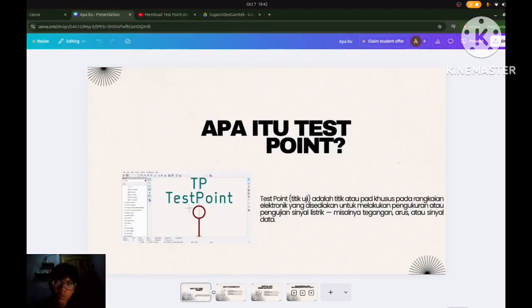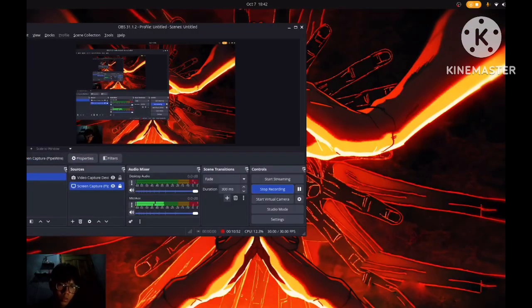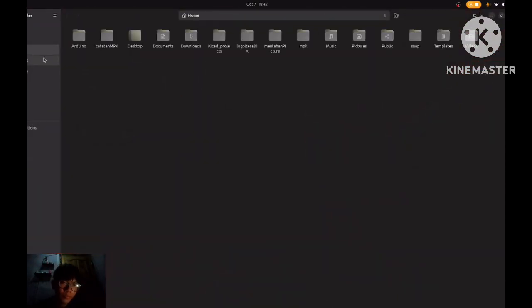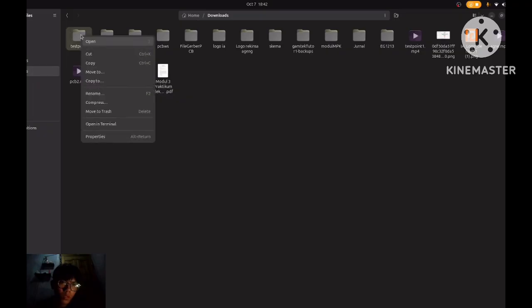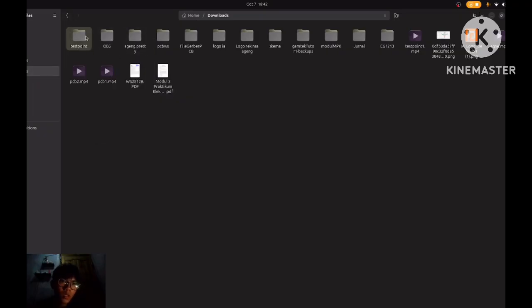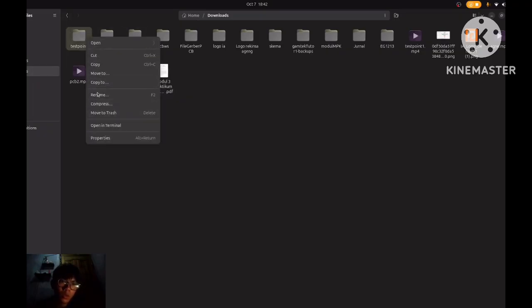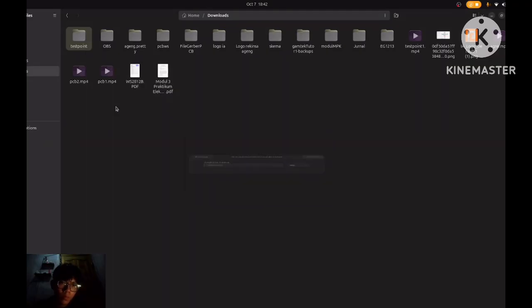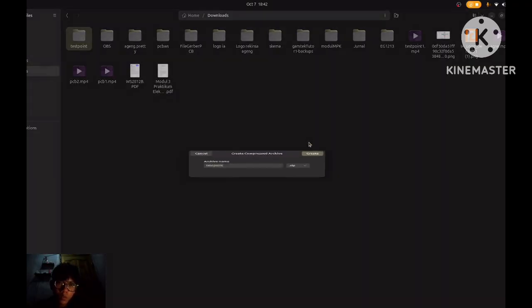Close. Change the folder format to zip. Create.